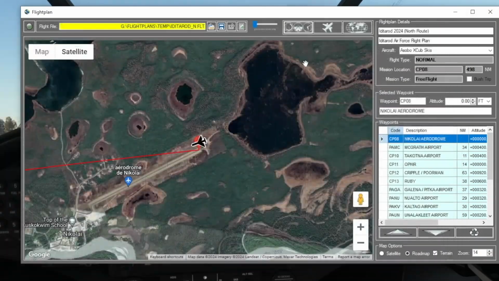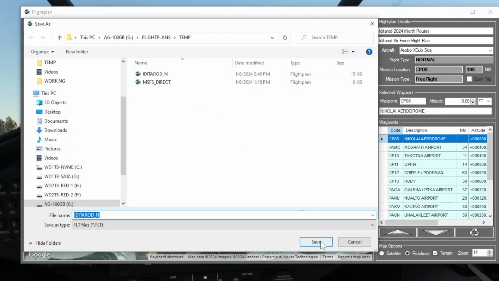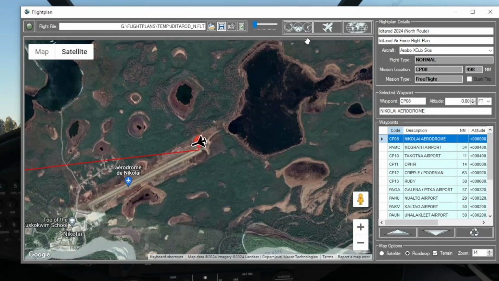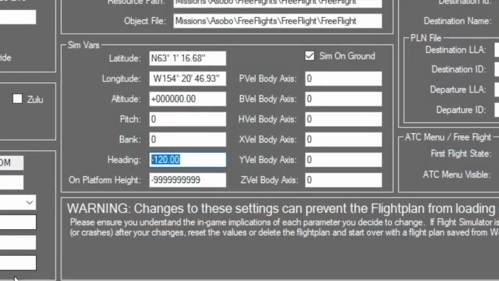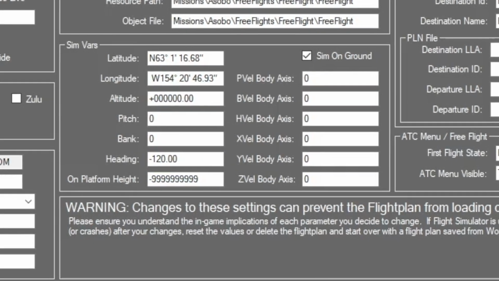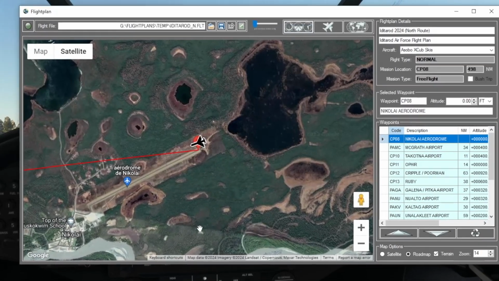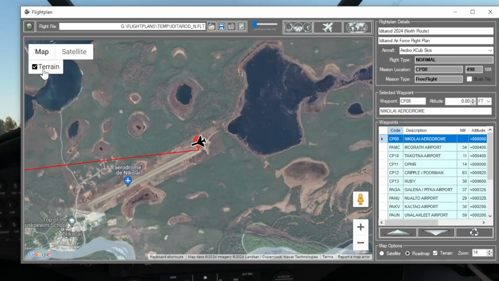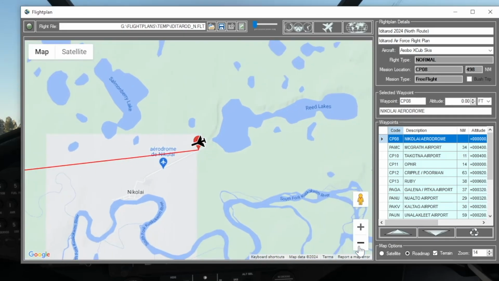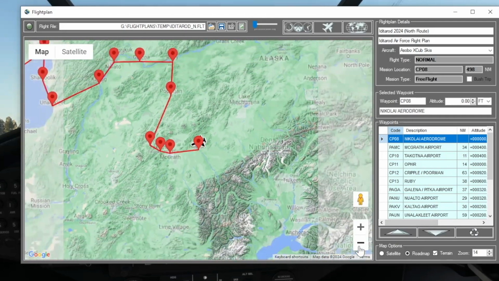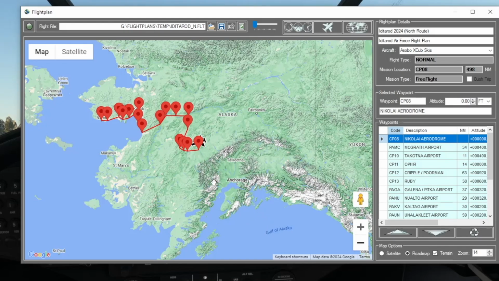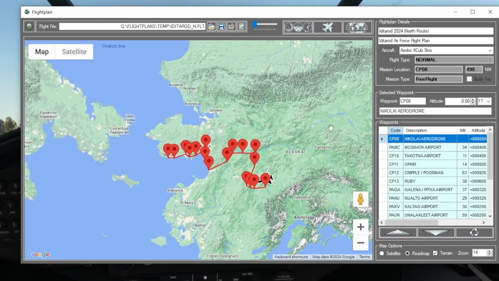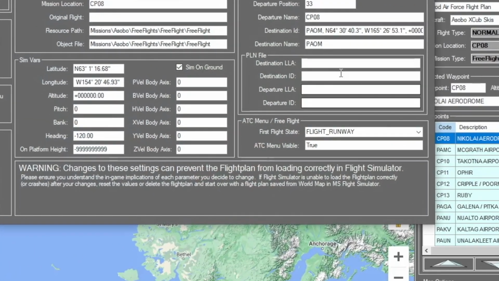Again, if you're picky, notice what happens when I save. I'm going to save over the top of this same plan again. Now it's reset my heading based on runway 24, not runway 33. But now I'm ready to pick up where I left off. All my other waypoints are gone, but if I've already flown them, maybe I don't care. I'll just fly the rest of this. And I could have saved it as leg 2 or whatever and still preserve the original flight plan if I wanted to. The point was really to show all the different things you could do with your first flight state